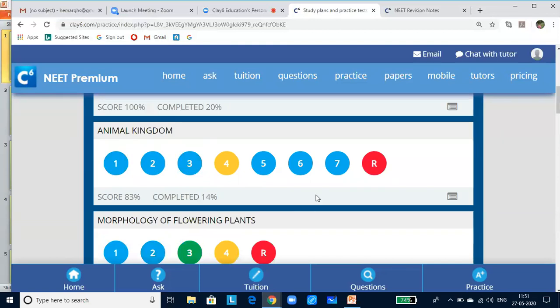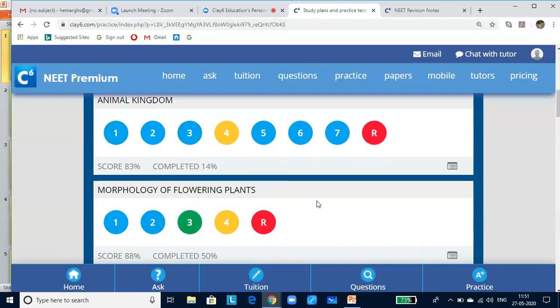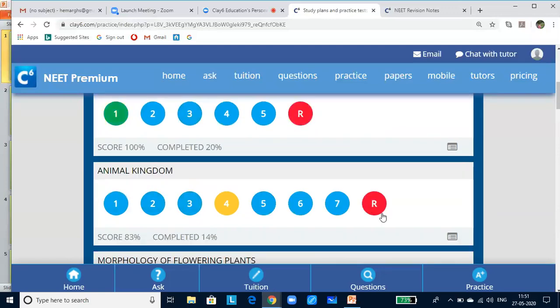That is the reason why we find many chapters having a different number of tests, and this bubble indicates a randomized test. Once you have completed all these tests, for a quick revision you can click on the randomized test and take it to assess yourself, your concept understanding and its applications and also its recall. I hope now you have got to know how to navigate through the website.